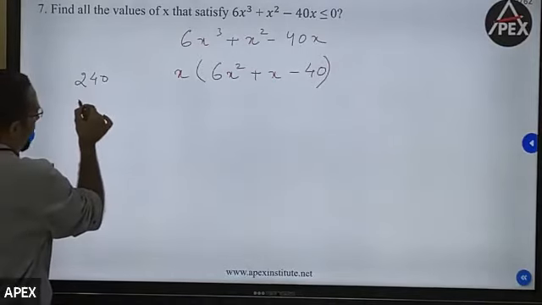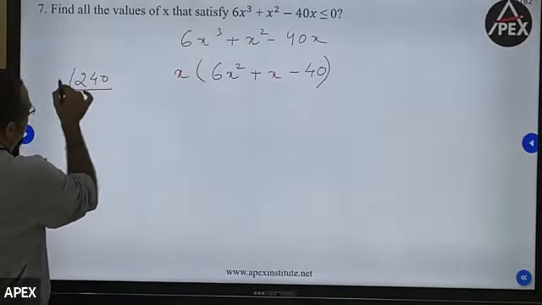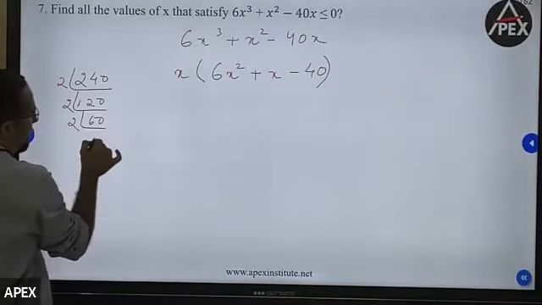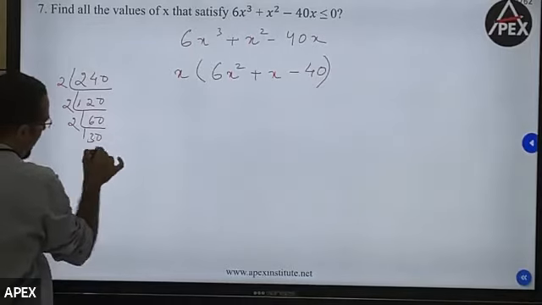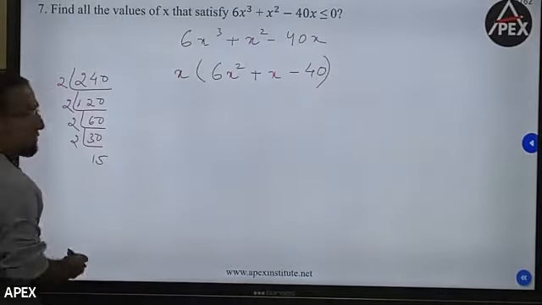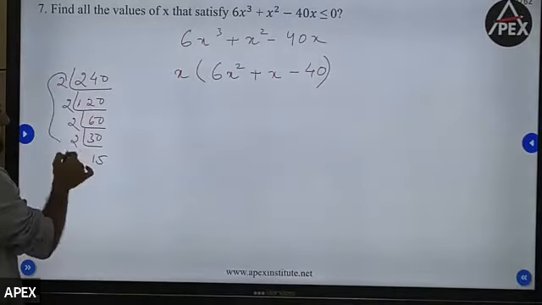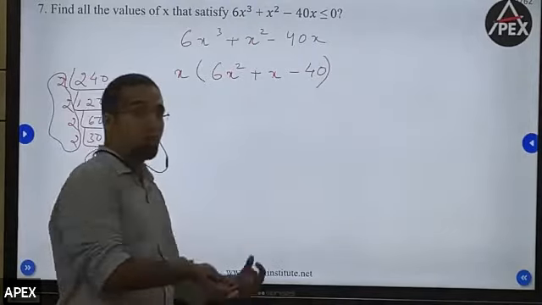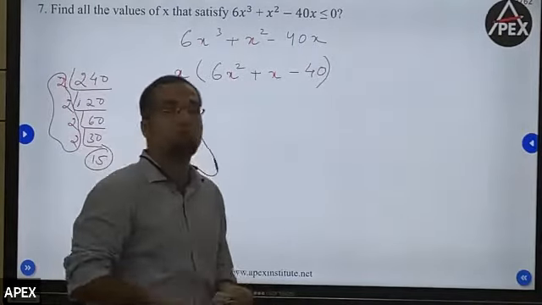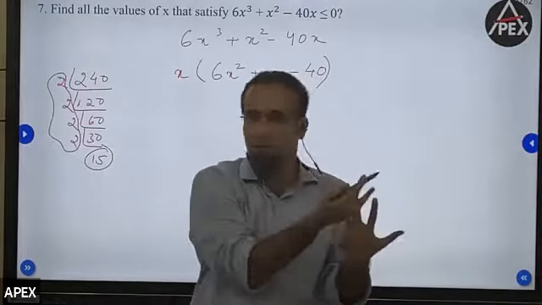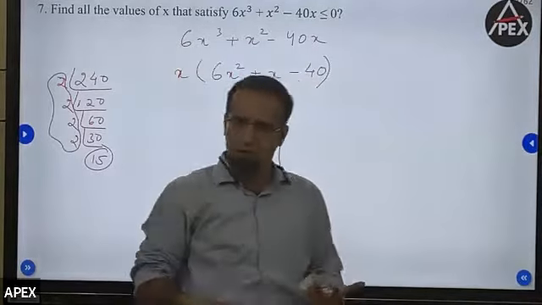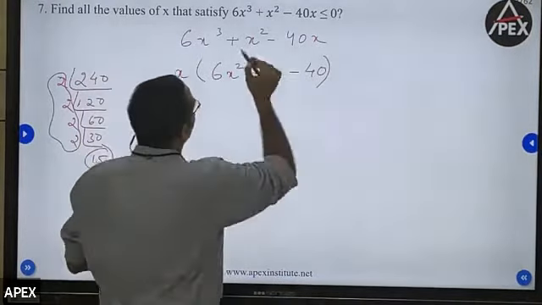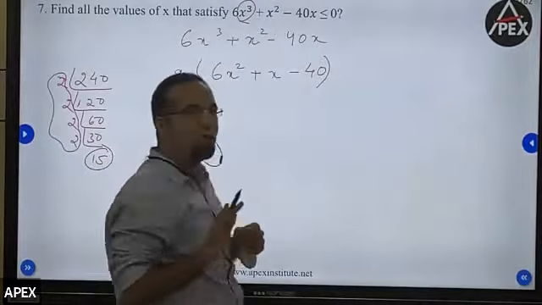Either you can go ahead on these lines, 1 into something, or you can start dividing. This is 2 into 120, and then 2 into 60, and then 2 into 30, and then 2 into 15. If you are good at numbers, you could have stopped here only: 16 and 15. If you are not good at numbers, all you can do is directly put in the formula: minus b plus or minus square root of b square minus 4ac, by 2a. Clear? And please remember, guys, the minute in the examination this has become a cubic equation,